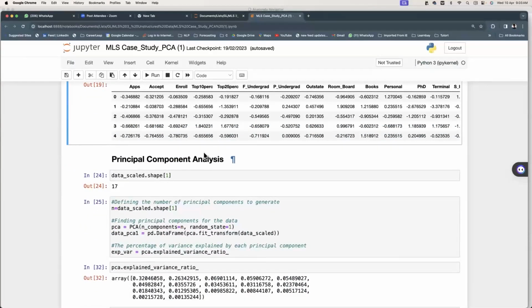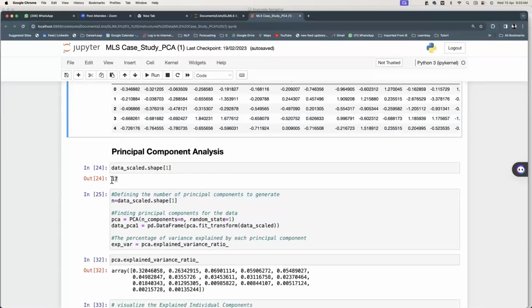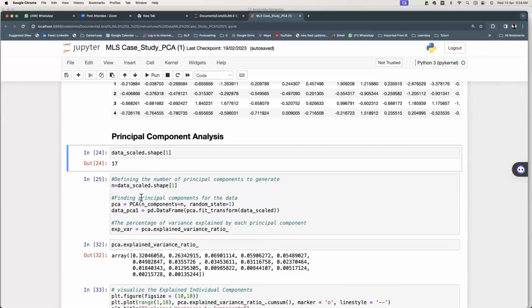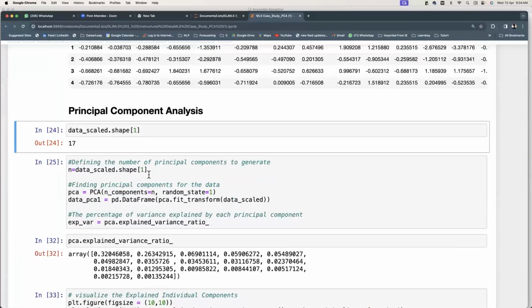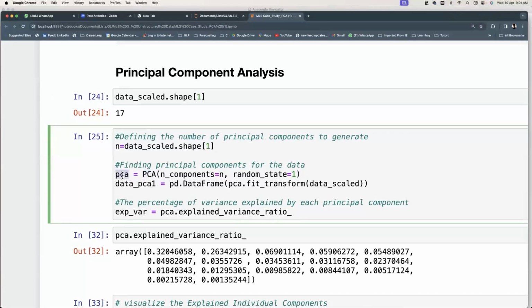So now totally I have scaled the data on all of the records and I have 17 columns. Okay. We will apply PCA model. The process is very simple. As you can see here, I have this PCA class and I'm creating an object. I'm telling PCA class number of components are 17, which I can save in a variable called n